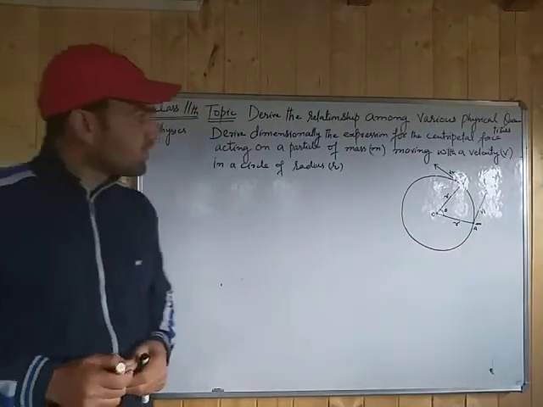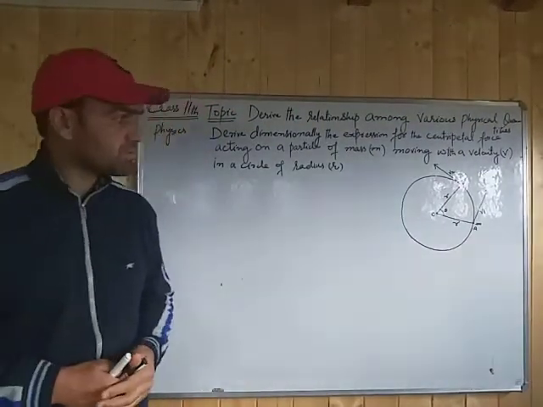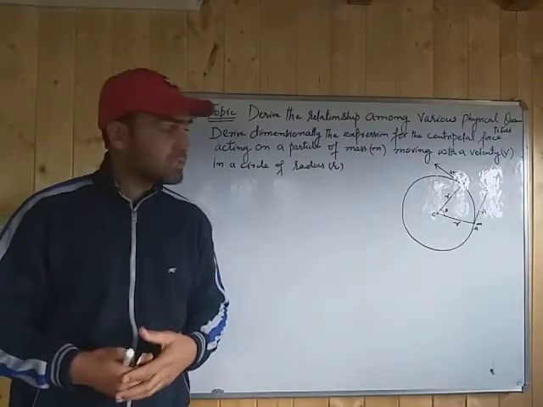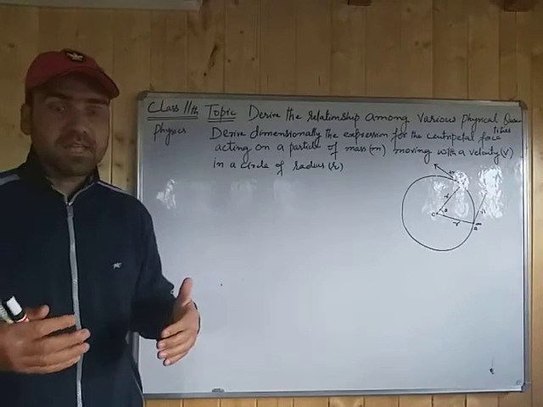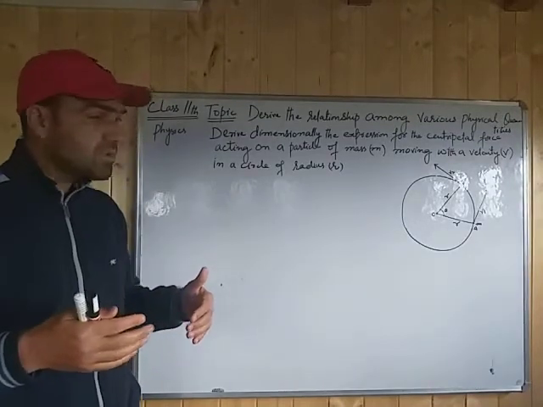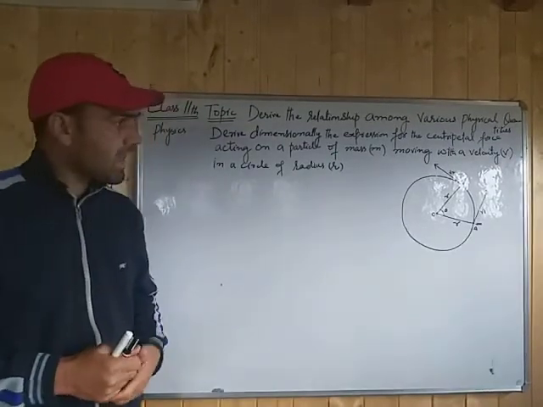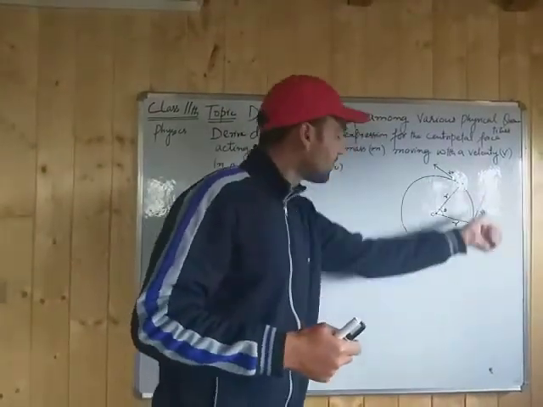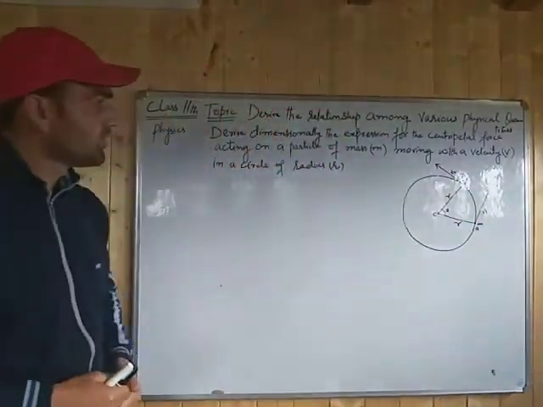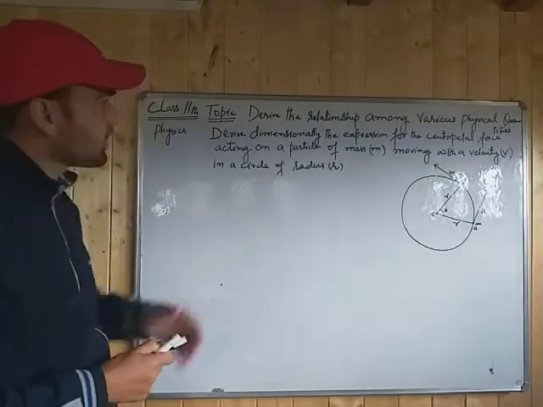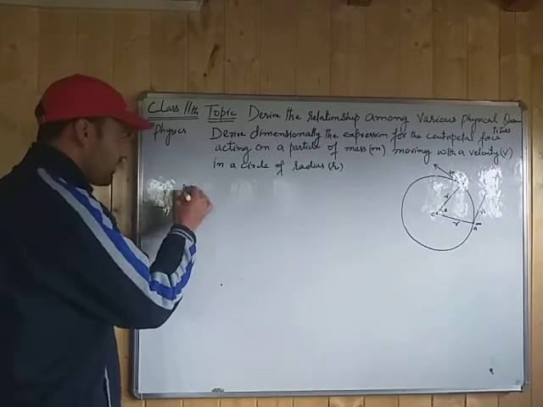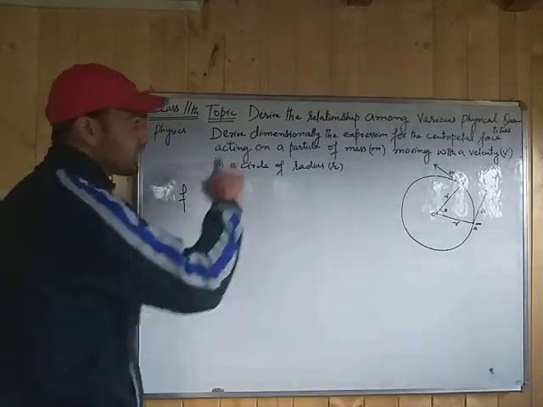First of all, we should know what the centripetal force is. We have already discussed the centripetal force. The centripetal force is the force which deviates the linear path of the body into its circular path and is directed radially inwards into the circular path. So as far as this numerical is concerned, the centripetal force, which is denoted by F, depends upon